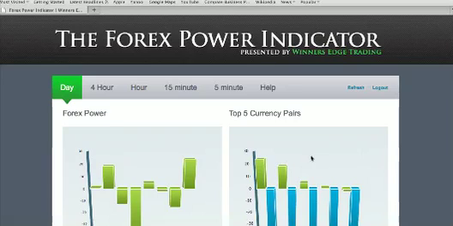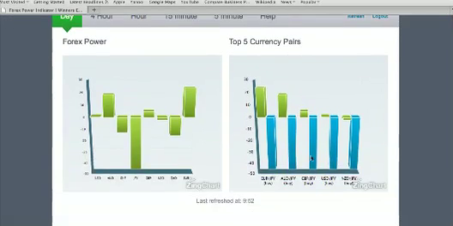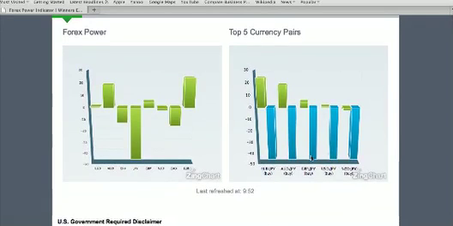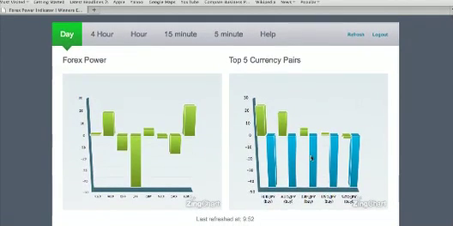So I'm actually at the indicator. It's a web-based program. It's a web page, and they've uploaded the indicator to the web page, so you have continuous access to it. All you have to do is save the web page in your browser and in your browser history, and you can pull it up anytime. But essentially what it does is it shows us what the currency strength is for any given time frame, any given chart. So for instance, I'm on the daily chart here, and it shows us the 5 top currencies and their particular